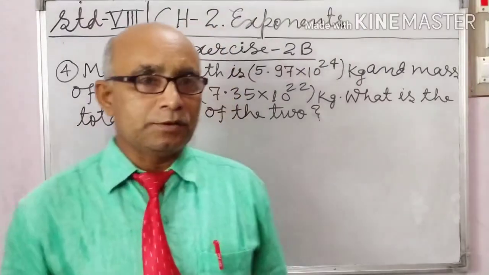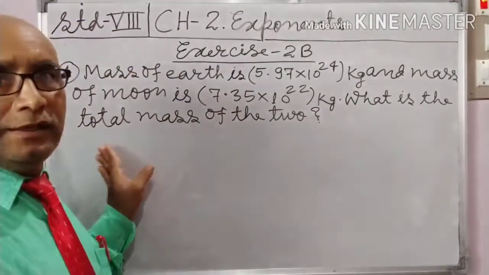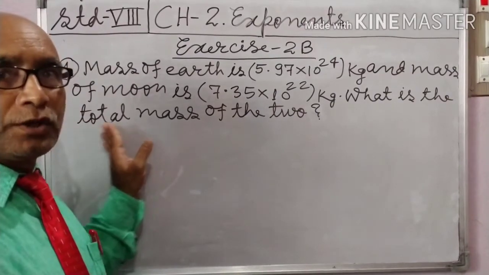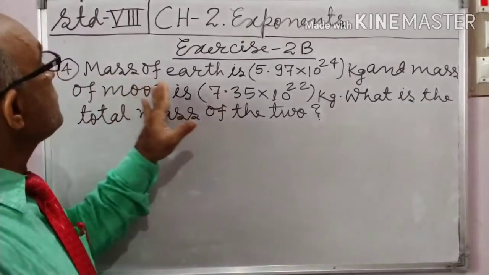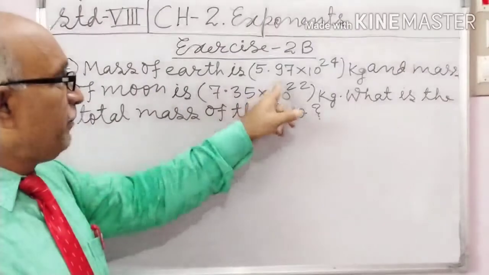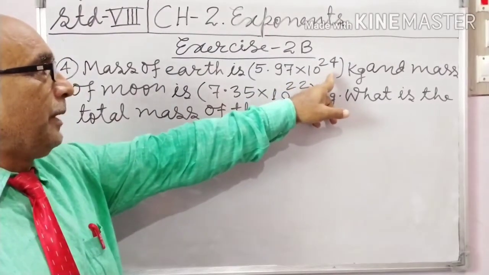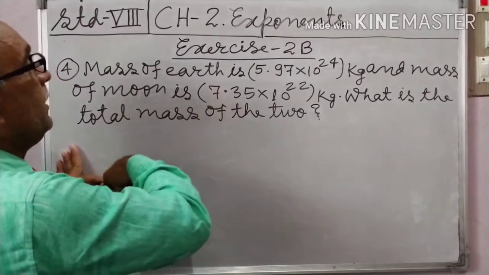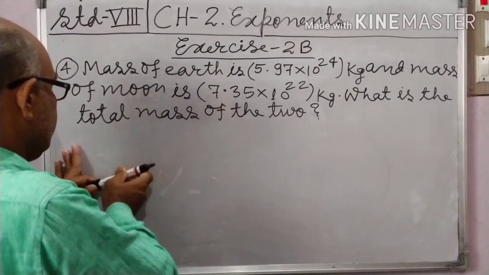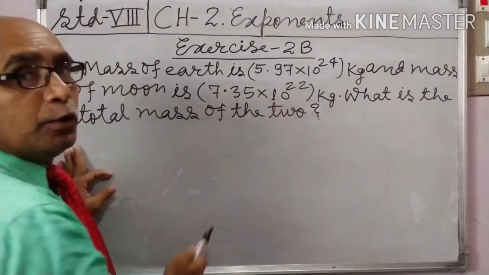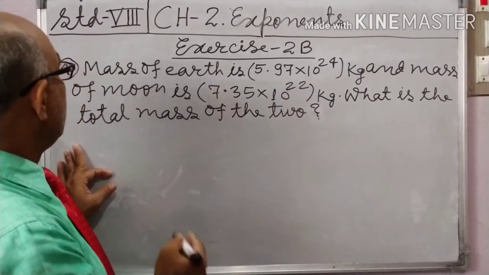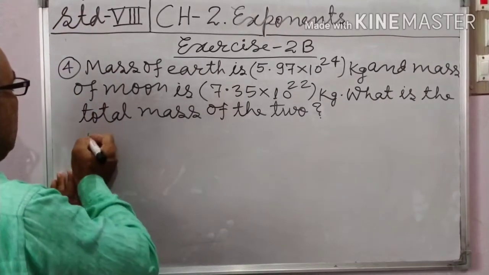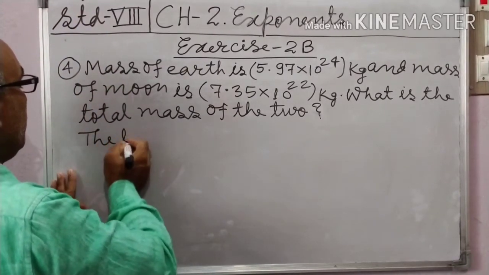Write it. Students, one important question is written on this board, question number 4. It is a very important question of this exercise. The mass of Earth is 5.97 into 10 to the power 24 kg, and the mass of the Moon is 7.35 into 10 to the power 22 kg. What is the total mass of the two? Therefore, the total